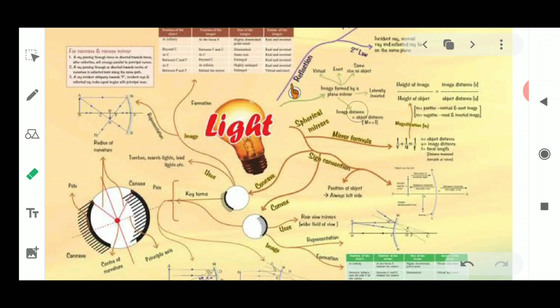I think this picture might not be very clear to all of you, but still it is the concept I told you, that in light we have to study these many things and how they are connected in a very small way. It is just a type of hint which I have given you. I'll go on to these topics one by one in great detail.